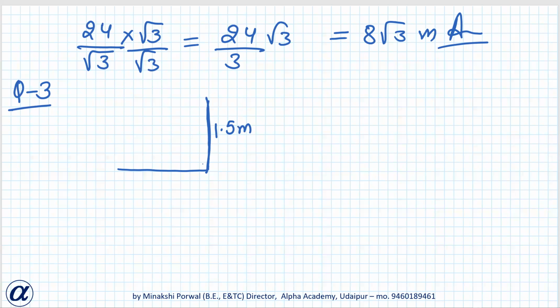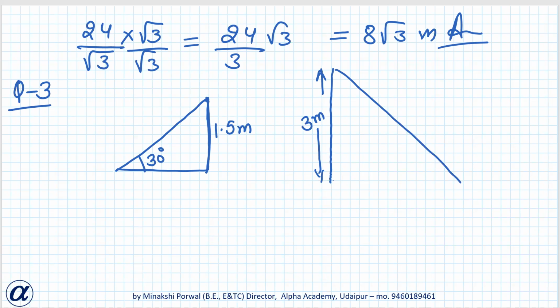Height is always the perpendicular distance from ground. And inclined at an angle of 30 degree to the ground. Whereas for elder children, she wants to have a steep slide at the height of 3 meter, and which will be inclined at 60 degree. So the angle which it will be forming with ground will be 60 degree. So what should be the length of the slide in each case?